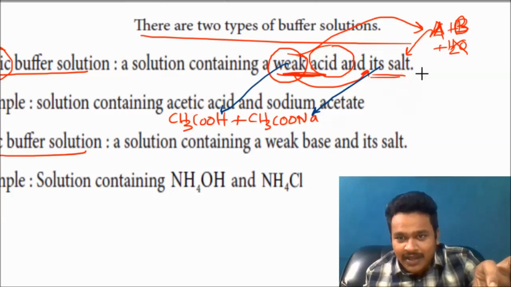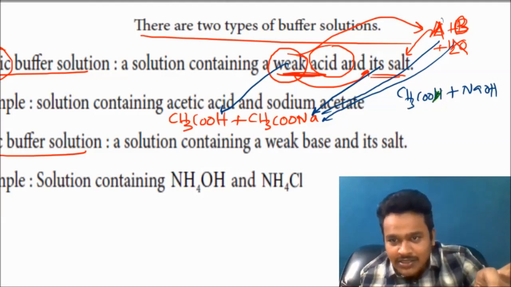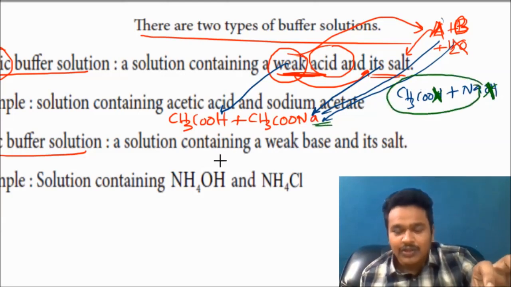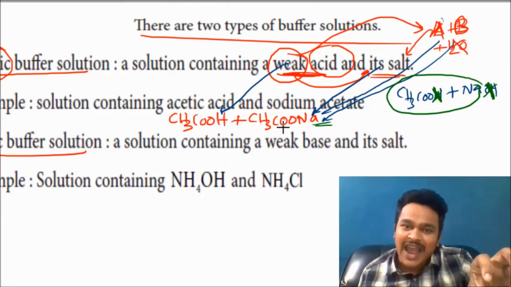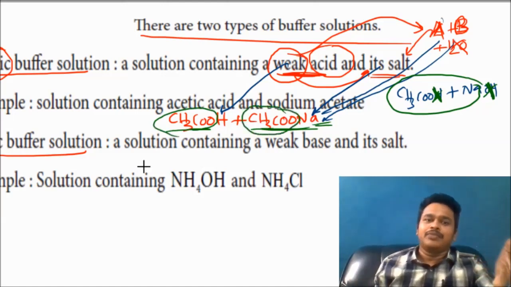How is it forming? I will tell. One acid and one base are required. What is the acid here? CH3COOH is the acid. What is the base? I will take some base, NaOH. The acid is losing this H plus, and the base is losing this OH minus. What is forming? CH3COO minus. That is the meaning of a weak acid and its salt: its salt means this component should be common. At that time you have to say it is an acidic buffer.